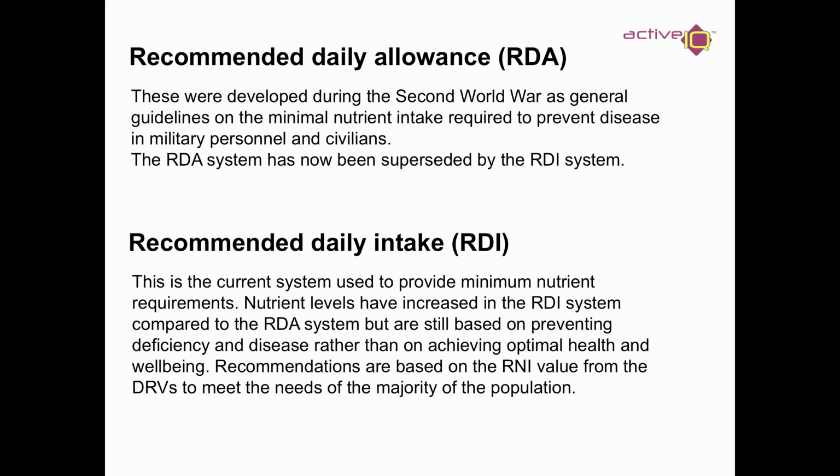Now what we have is RDI. This is recommended daily intake, and this system tells us the minimum amount of each nutrient we need to be taking in each day. Nutrient levels have increased in the RDI compared to the RDA. Food is much more prevalent, people have a lot more income for food, and food isn't rationed like it was during the war, so we can get more in. Therefore nutrient values in this RDI are higher than they were in the RDA, but are still based on preventing deficiency and disease